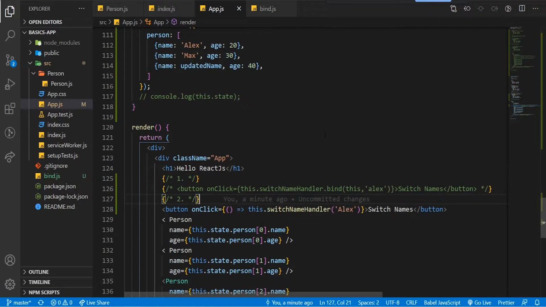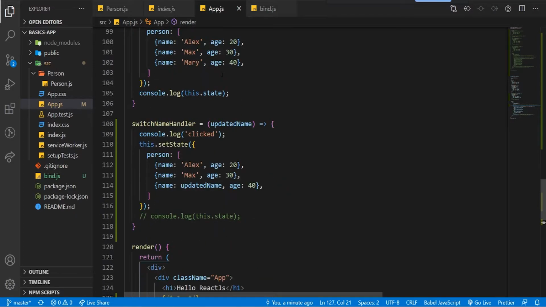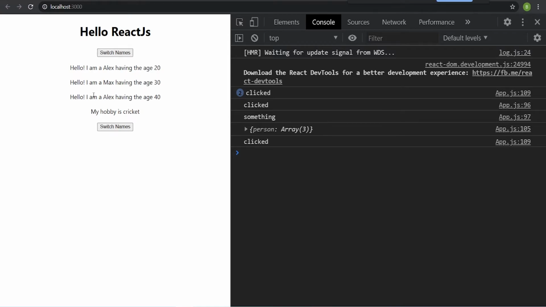So just now you can comment your function-based component. Now we'll be dealing with the class-based component itself. So now I want a user to type a name, and that name should be visible here, like I am Bhagat having the age of 30, like this. So if the user can type the name, for that what do we have to do? We have to